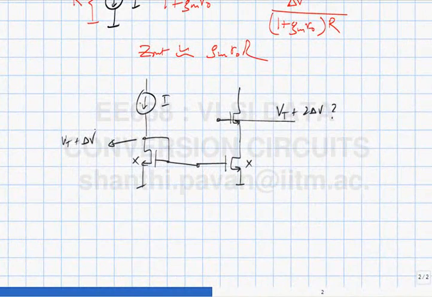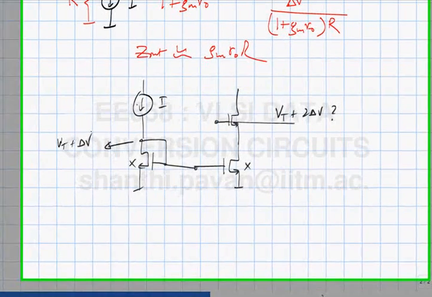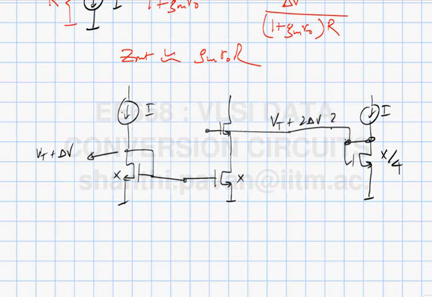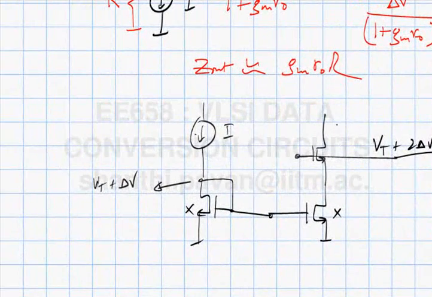The MOSFET is a square law device where the current depends on the square of the overdrive. So if you want twice the overdrive, what I should do is take I and pump it through a transistor of size x by 4, and that will give me Vt plus 2 delta V, in which case the lowest potential that this can go to before the top transistor gets in the triode region is